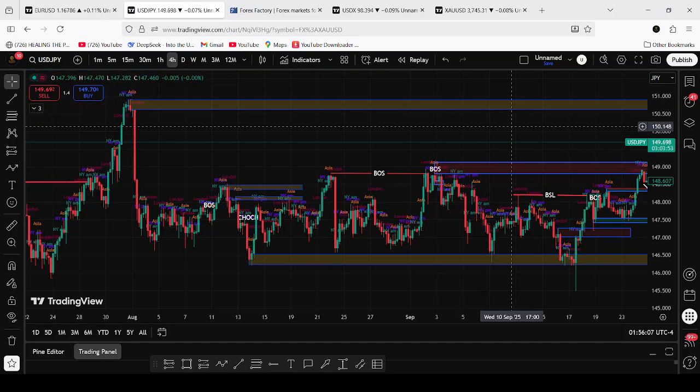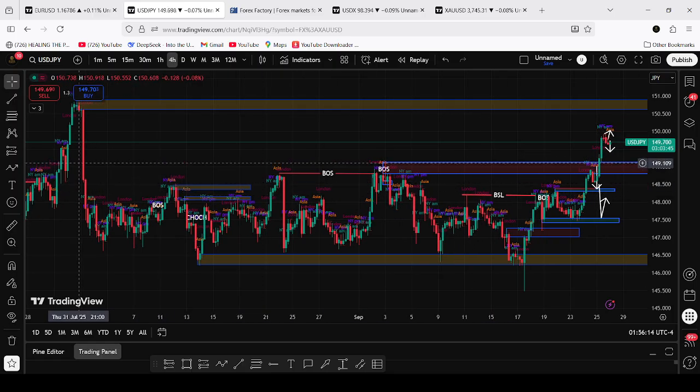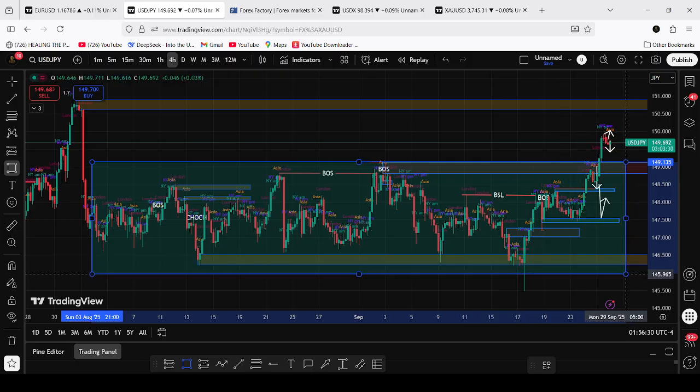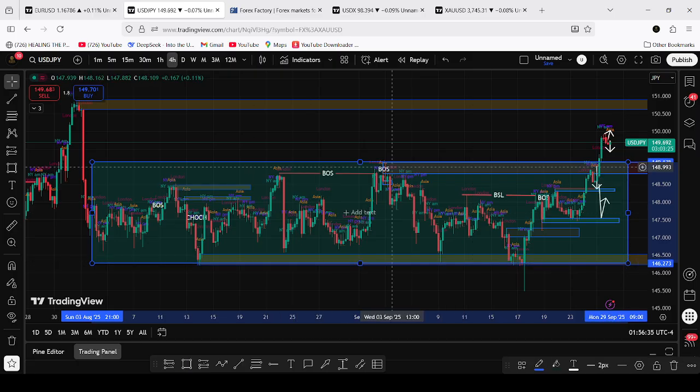Here it is. We just target these zones. Then from there, in the long run, the market has been in consolidation. If you look at it, the market has been consolidating at this level. That's what the market has been doing, ups and downs here. But finally, it has broken out on the upside. So we just wait for a move on the upside.